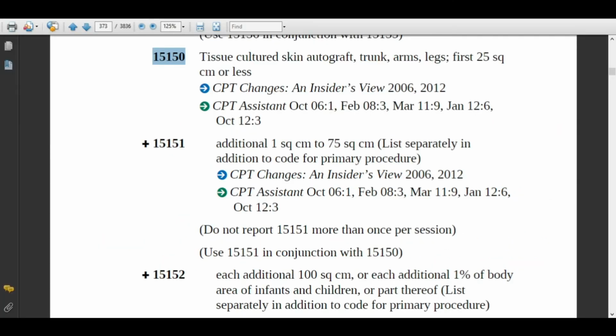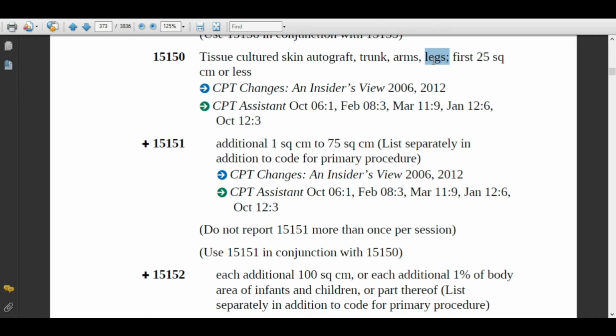The next code is 15150. This is also tissue cultured skin autograft, trunk, arms, legs, first 25 square centimeters or less. For example, if the physician documented in the patient's medical record that he performed tissue cultured skin autograft on the trunk 25 square centimeters, on arms 75 square centimeters, and on legs 100 square centimeters, what codes will you assign? Three codes.